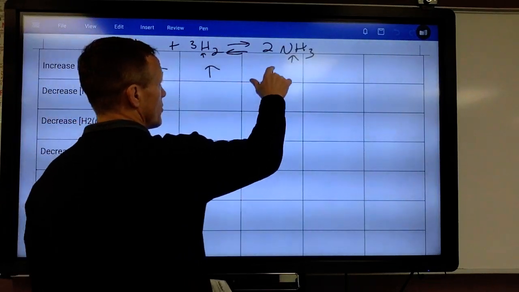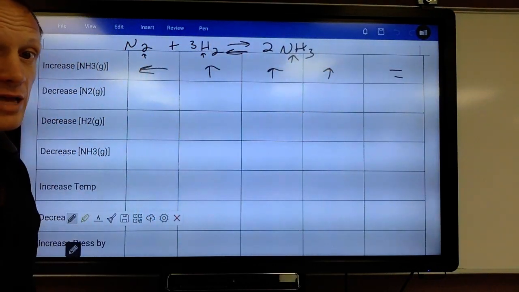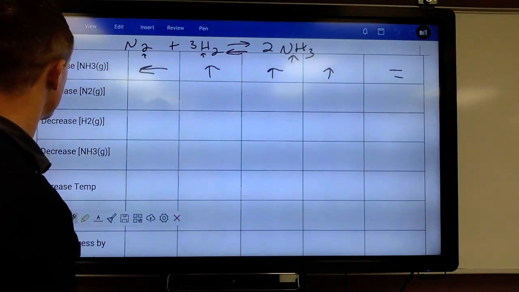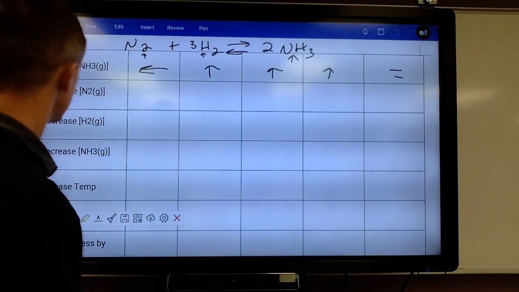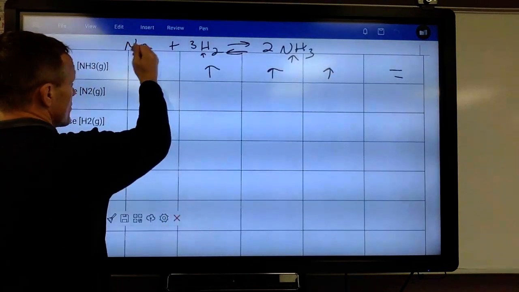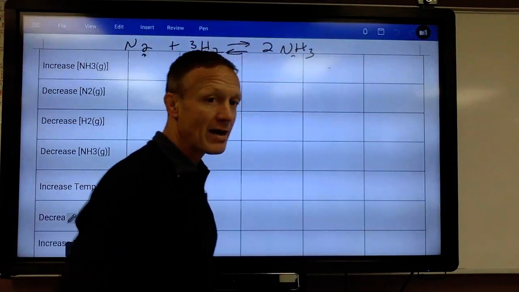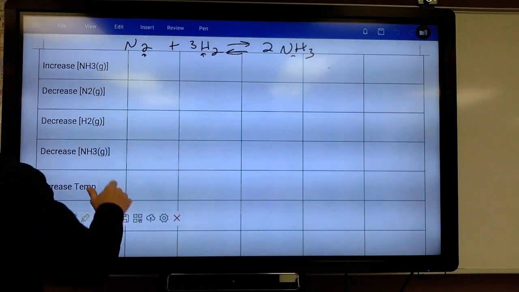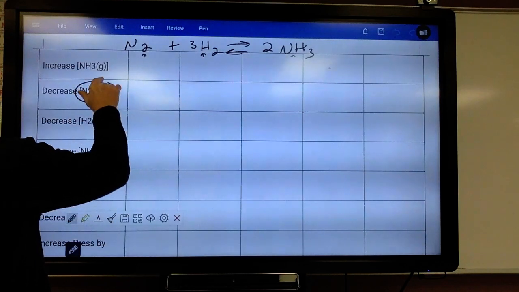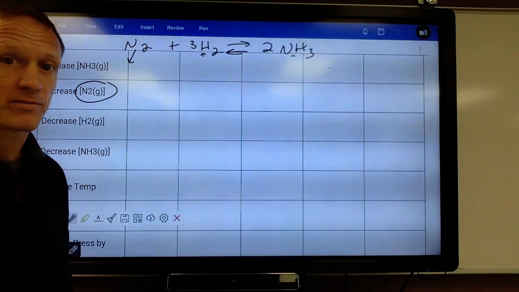So we basically have increased everything, but again, our K value does not change in that case. K value doesn't change. If we decrease one of these things, I may not do all of these decrease ones because it ends up being pretty similar, but again, Le Chatelier's principle says it tries to counteract the change. So if we would have a decrease in N2, if somehow we remove N2 from this equilibrium system,